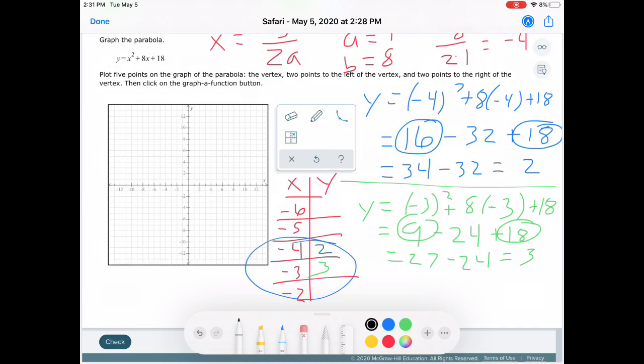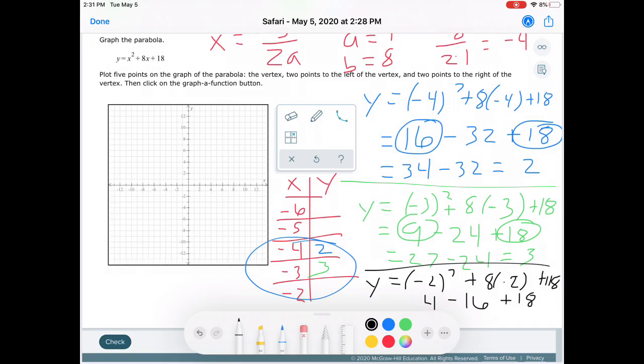And the last one, y equals negative 2 squared plus 8 times negative 2 plus 18. So negative 2 squared we have 4 minus 16 plus 18. So we have 22 minus 16 gives us 6. And just continuing on with our symmetry,